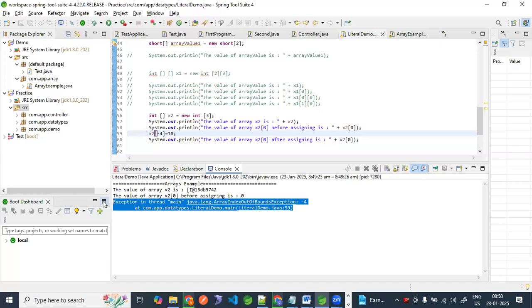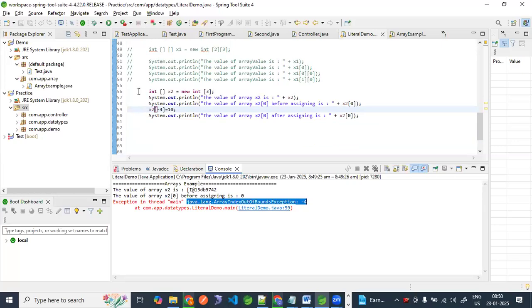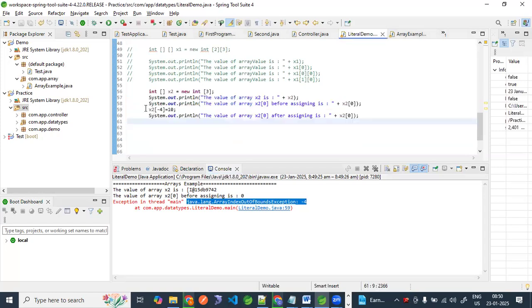Okay. So hope you are understanding what I'm trying to explain. This is the exception that occurs. Tomorrow, if you don't know the exception, and there are 1,000 lines of code in your project, this kind of exception will come. Then how will you resolve that issue? How will you come to know? This is a matter of practice. The more you practice, the more exceptions you will see. Then you will understand what the root cause is. The concept I explain, but in this line, intentionally I am trying to add one exception. And with this exception occurred now,